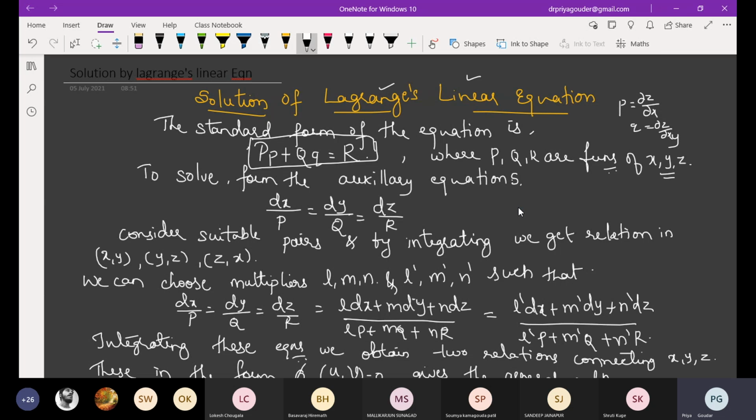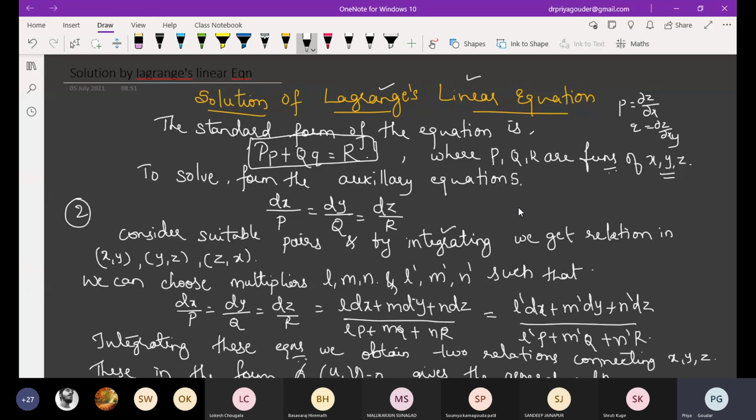Variable separable form, because this is not dou, this is d. If you can separate the variables, then the next process is integration. Your ultimate intention is that you should get a relation between x and y, y and z, or z and x. Altogether you want two only, not three, so choose any two relations. This is for the simple problems. When you see the example, you will come to know.